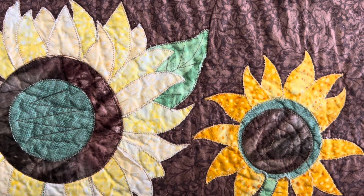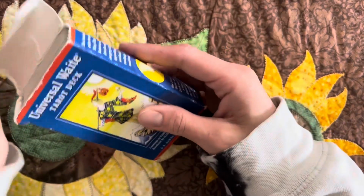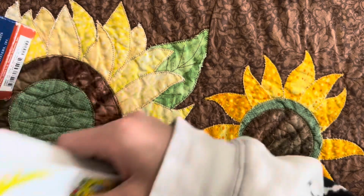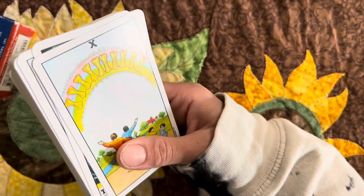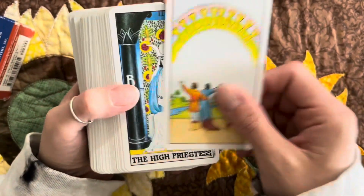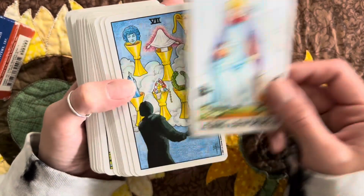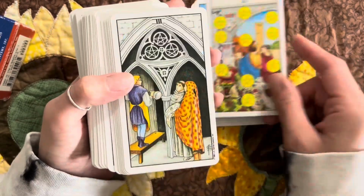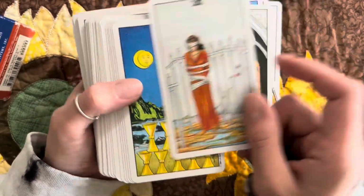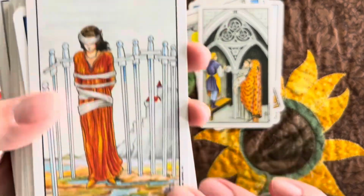And another favorite Rider-Waite Smith deck that I have is the Universal Waite Tarot deck. I really love this version. I remember when I was working with Rider-Waite, the yellow box Centennial, I was like, oh, I wish they would just touch it up a little bit. And this is that deck, the deck that I envisioned that deck to be. And it took me a while to get this deck because I didn't really know anything about it. But this deck does it in a perfect way where they don't overdo it, but they